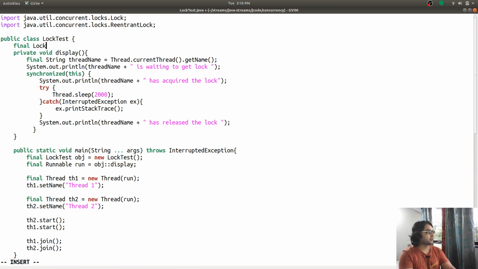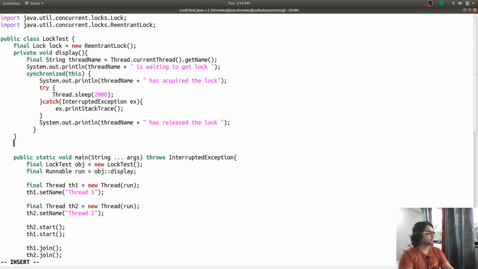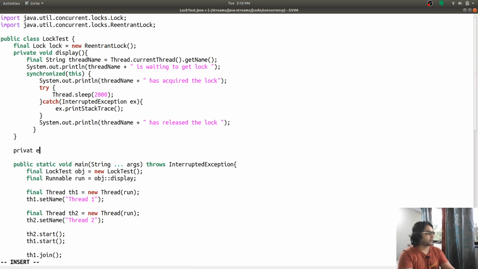So final Lock lock is equal to new ReentrantLock. Copy the entire thing, move it here, private void displayWithLock.